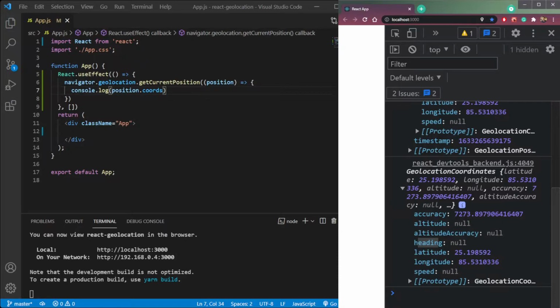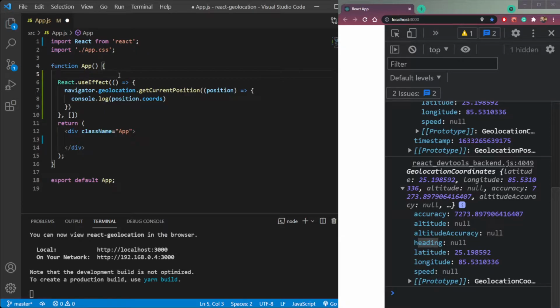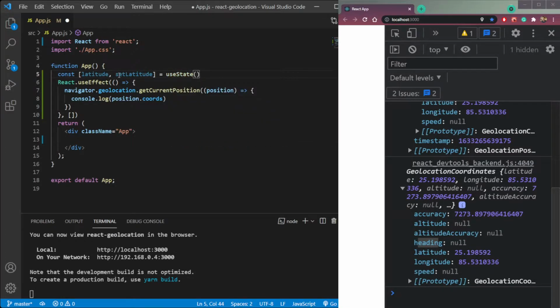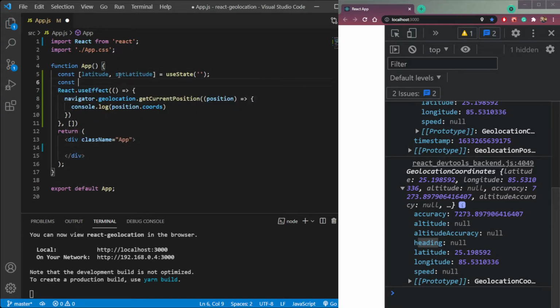So now we need to store these two values, latitude and longitude, in a useState hook. So let's create two states, latitude and setLatitude, equals useState with an empty string, then const longitude, setLongitude.